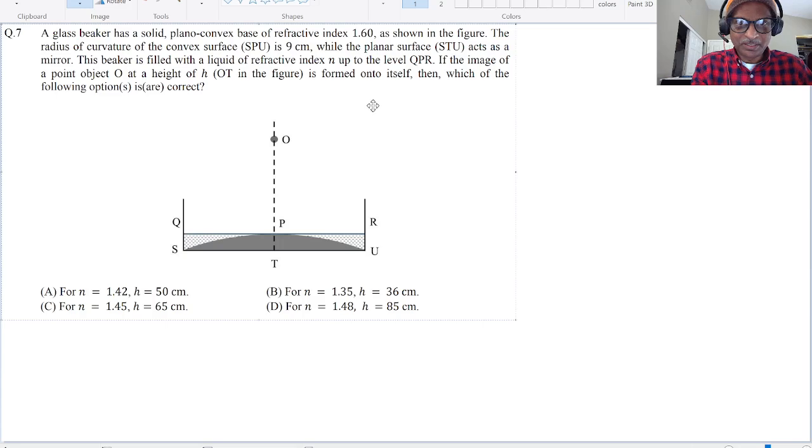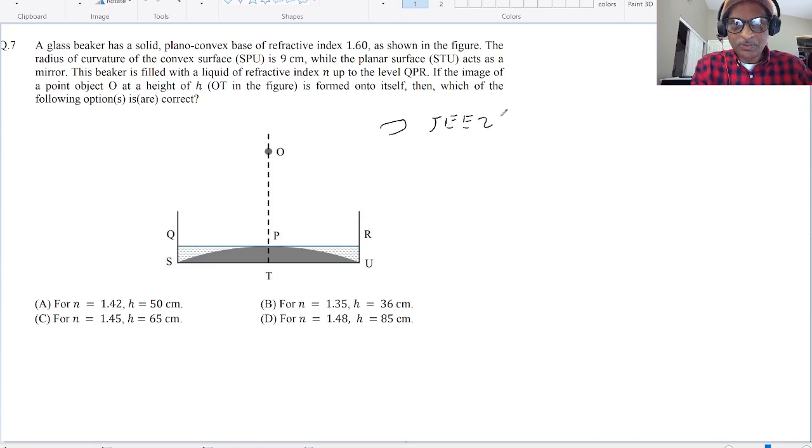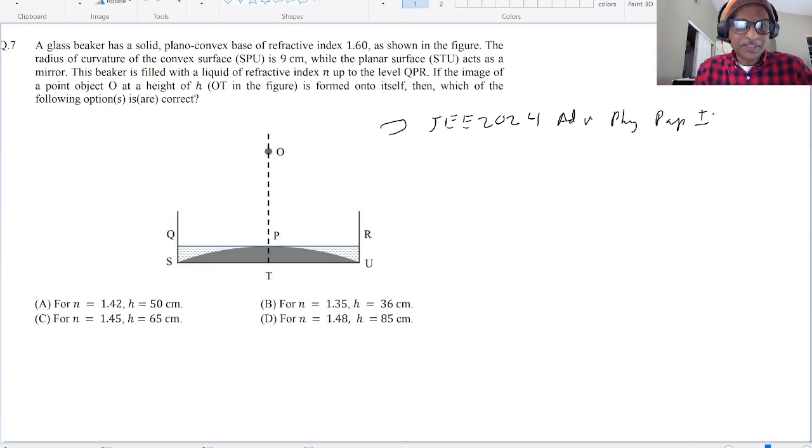Okay, so this is JEE 2024 Advanced Physics Paper 1. Now this question is actually quite tricky, and in a nice way. I like this question. So if you want to know